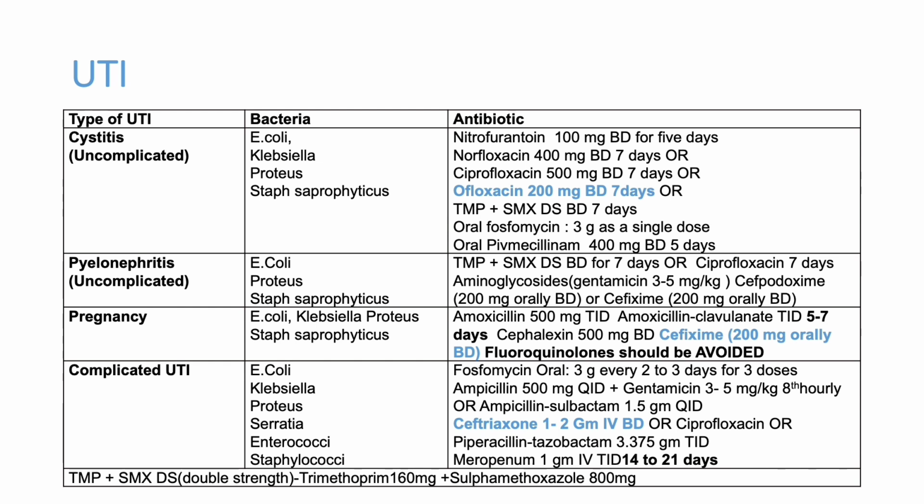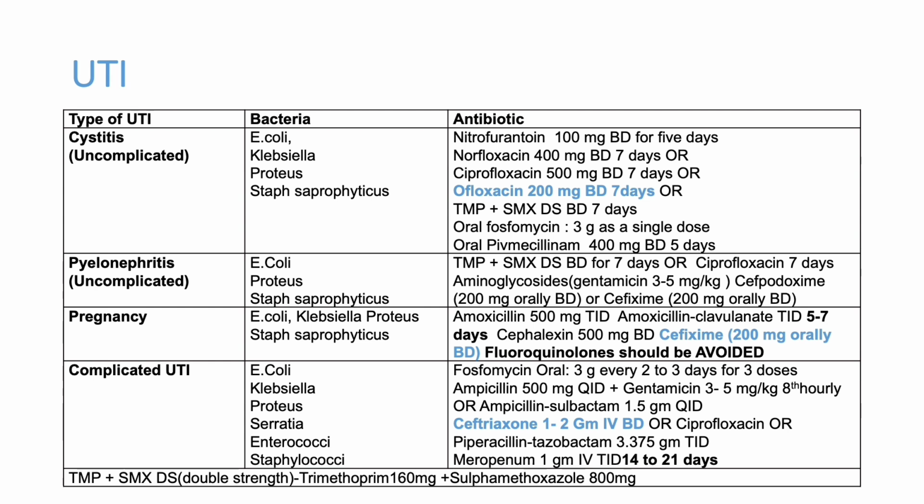If it is a female patient, 5 to 7 days will be enough. If it is a male patient, you need to give a little more. You may have to give 14 to 15 days. If the patient is having complicated UTI, that is structural deformities producing urinary tract infection or uncontrolled diabetes, then also we will have to give more than 2 weeks.